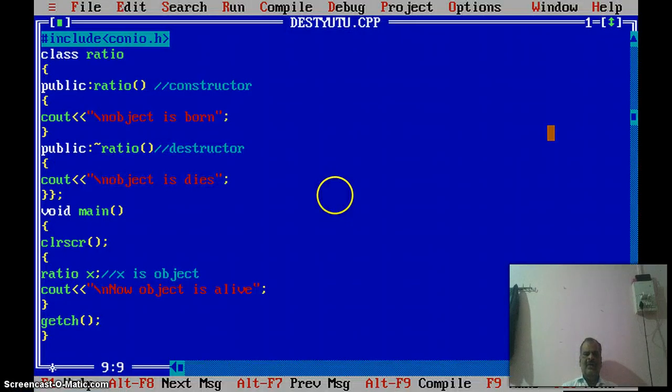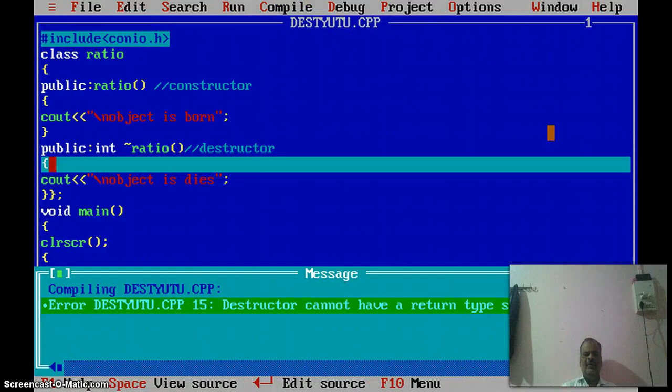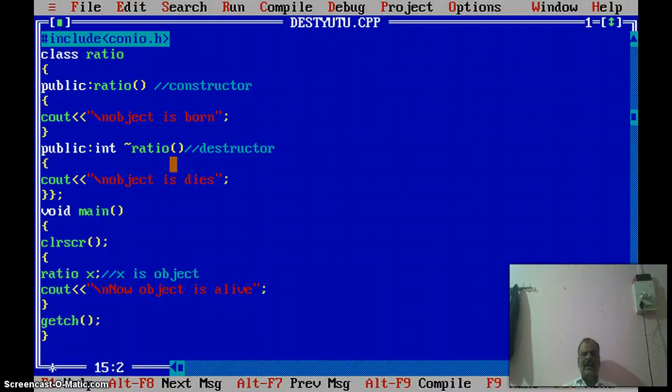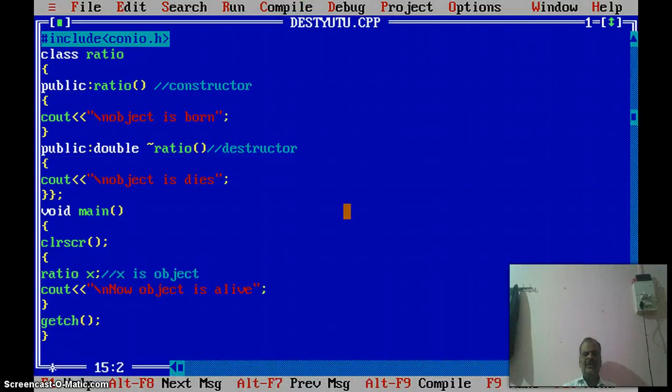Here is a program with a ratio class, here a constructor, and whenever I give a return type such as int, char, float to the destructor, see here, it gives an error message because it says the destructor cannot have any return type. And whenever I give double or any other data type, that also gives an error message because a destructor function cannot have any return type: int, char, float, double or even void.